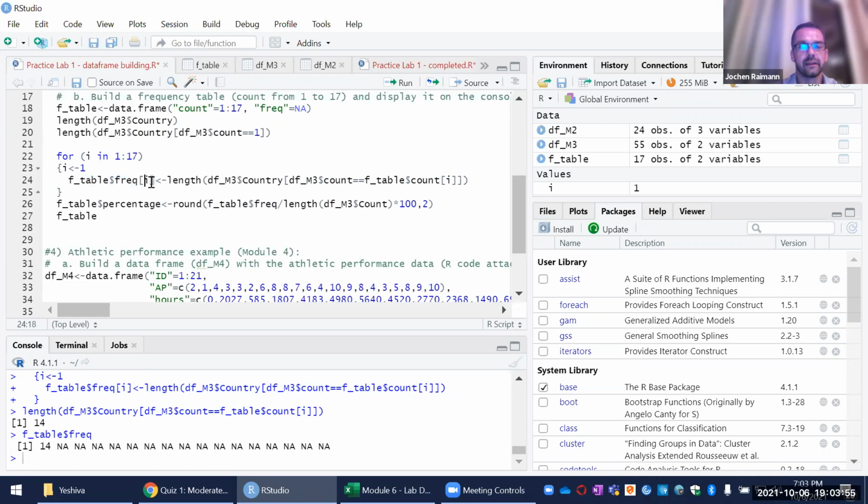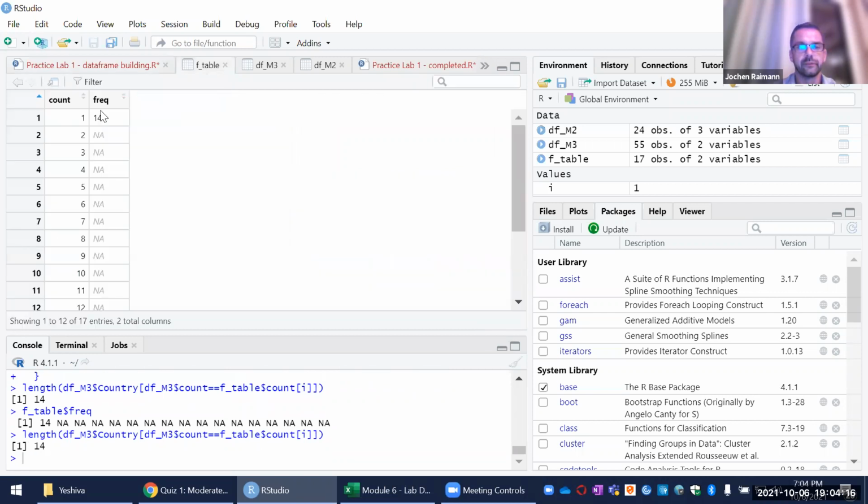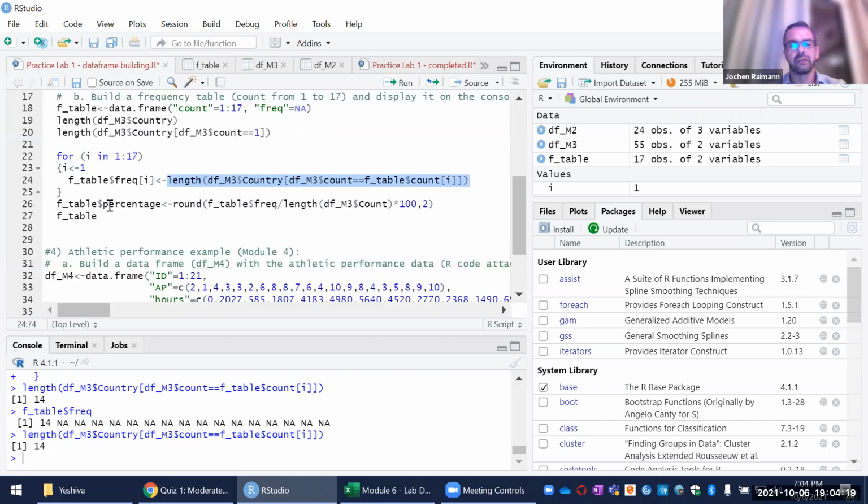And if I say I, it will take the first row of this particular column and assign it to this cell. So in the variable frequency, it will take the first row and assign the numerical value of this line of code, which is 14. And this is what it did here. It assigned 14. So now if I run this 17 times, it will go row by row by row, assign the respective value to I, and run the respective code for each of these numeric